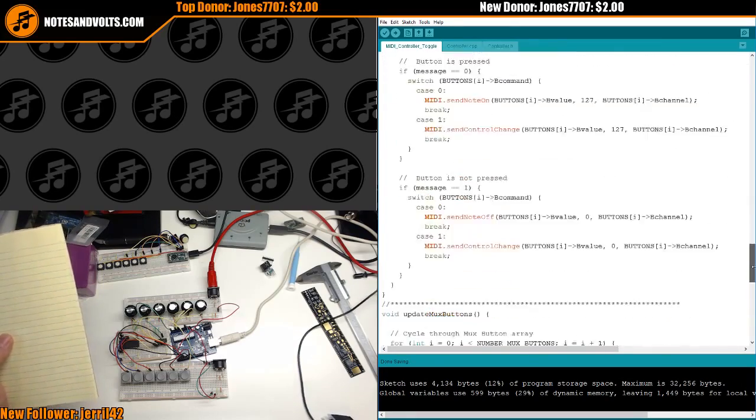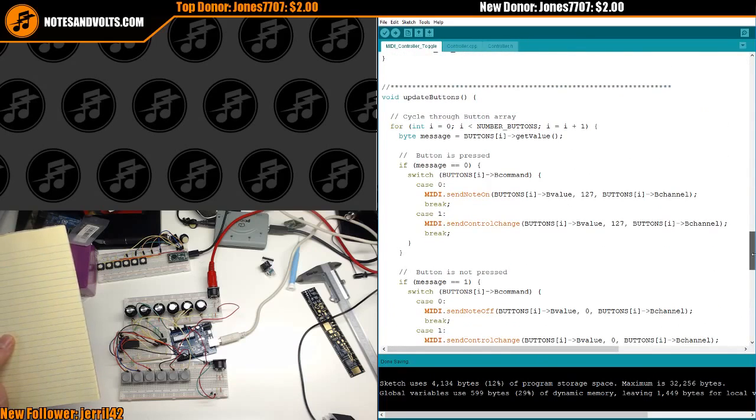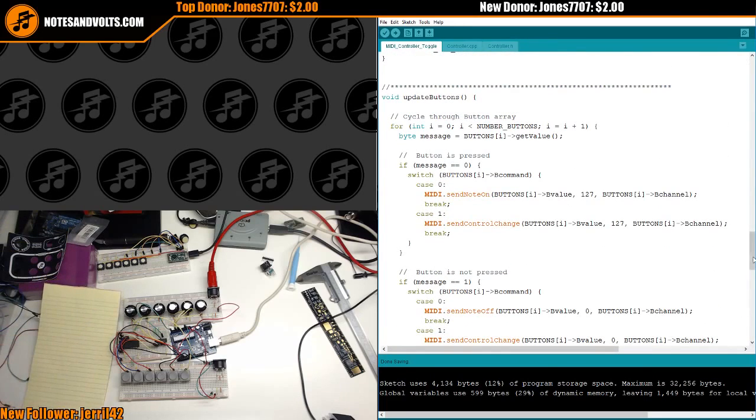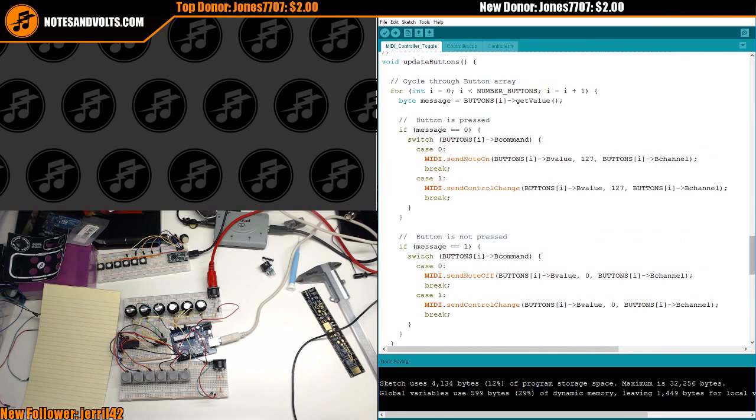So, now here's the funny thing about programming. Like, I just made this program not too long ago, but it's amazing how you forget what the hell you actually did. Let's see, let's turn this down a bit. Okay, so